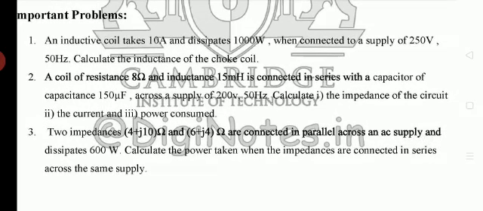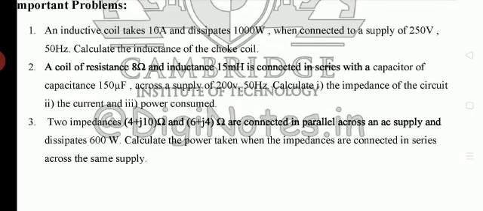Since power dissipation, okay, 1 minute you wait. Since the power dissipation they have given, see, if the coil is purely inductive, it will not dissipate any power. Remember always, whenever something is given which is dissipating power in terms of heat, some power dissipation is given in terms of watts, then definitely there will be some resistance present in it.